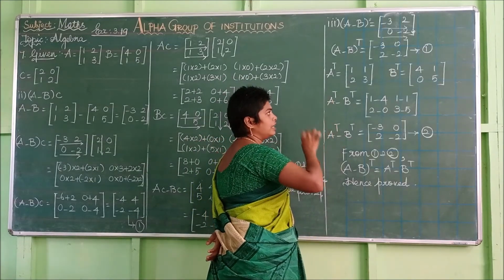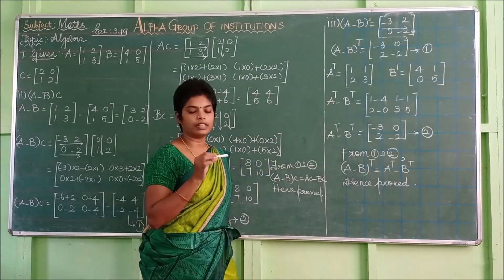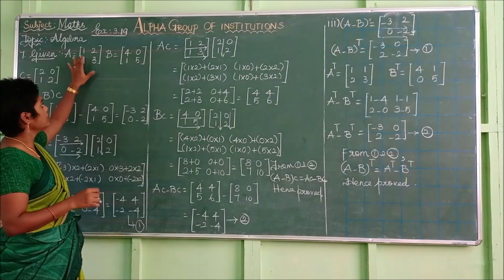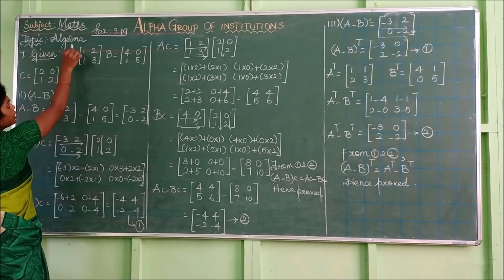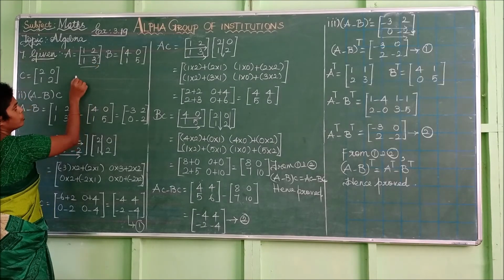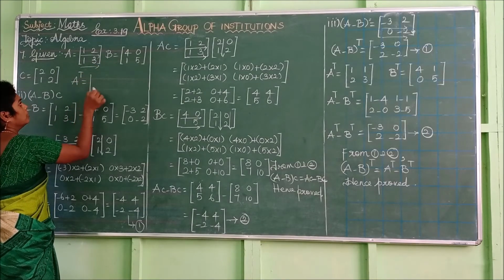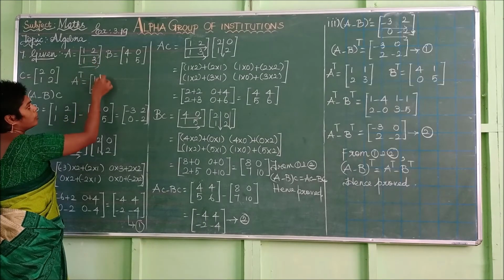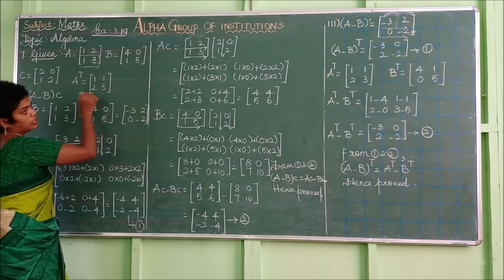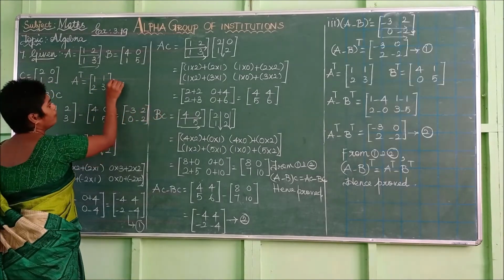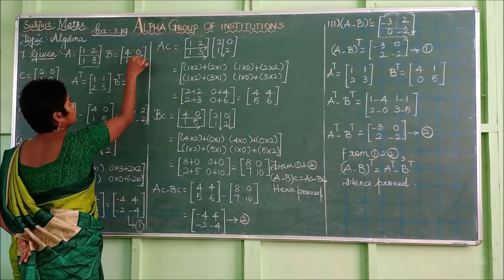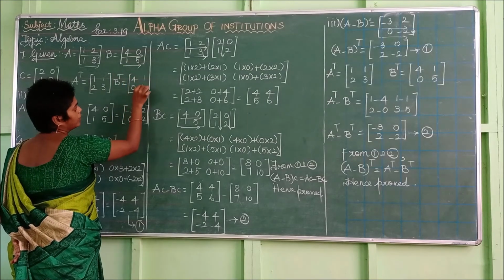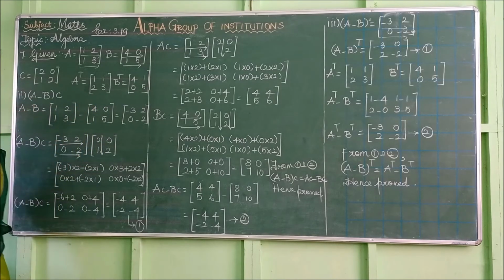Now you have to find A transpose minus B transpose. For that you can separately find out A transpose and B transpose. So listen, here our value A is 1 2 1 3. So transpose means you have to interchange and write the values. So what is A transpose here? This first row can be changed into first column 1 2, and this second row can be written as second column 1 3. So I have wrote that itself. So B transpose means here also you have to change the rows and columns. So first row can be written as first column, second row can be written as second column. So we got A transpose, B transpose.